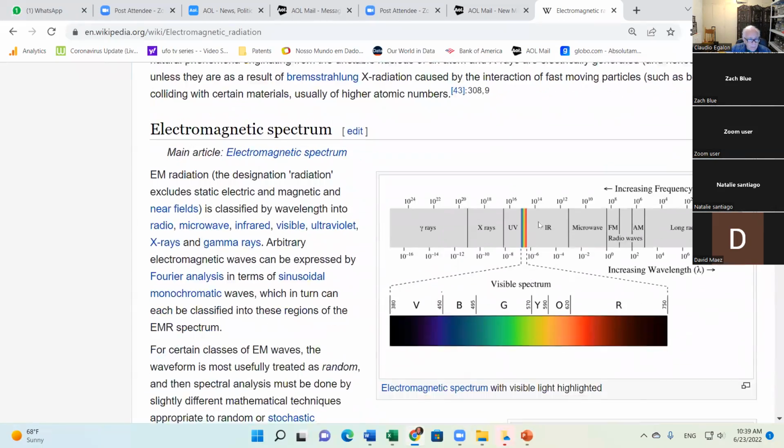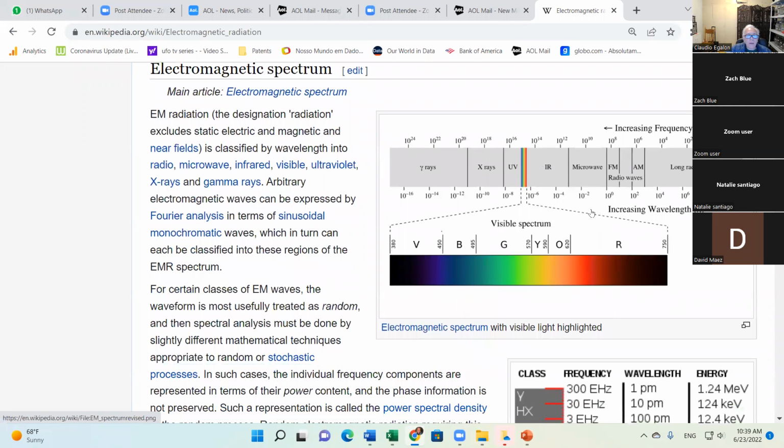Okay, here you go. Here are the frequencies and wavelengths of an electromagnetic wave. The higher the frequency, the more energetic the electromagnetic wave is. So here are gamma rays. Those gamma rays and X-rays and part of the UV waves are considered ionizing radiation. Radiation that ionizes matter can strip electrons from atoms and matter in general. That's why it's dangerous.